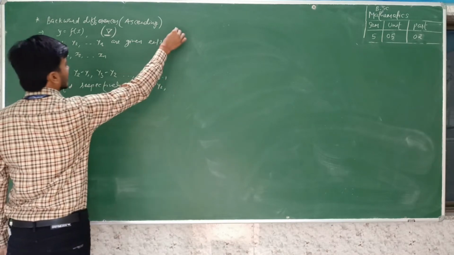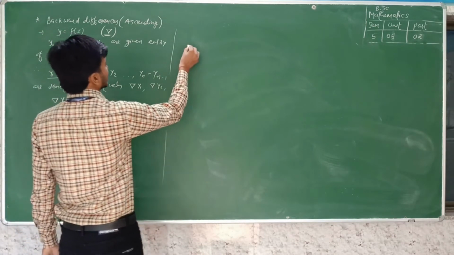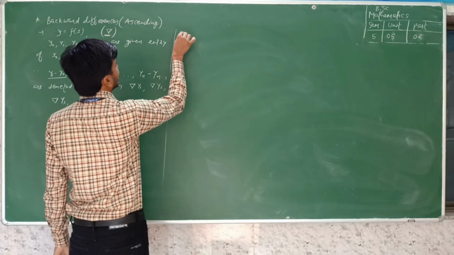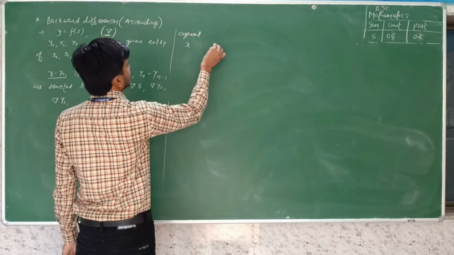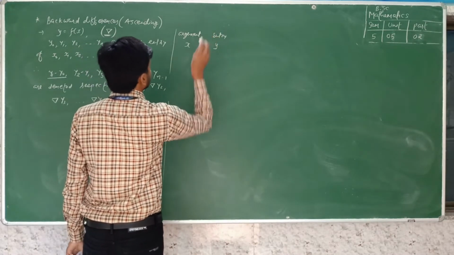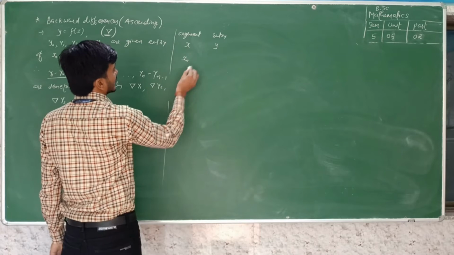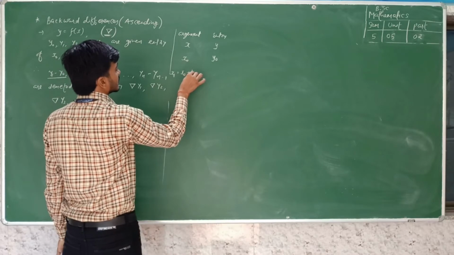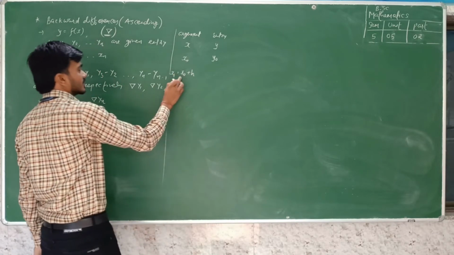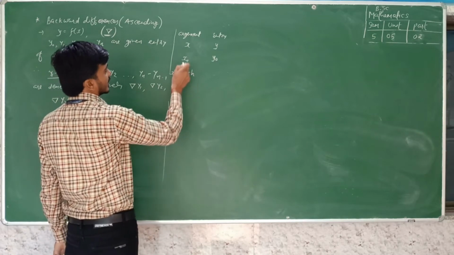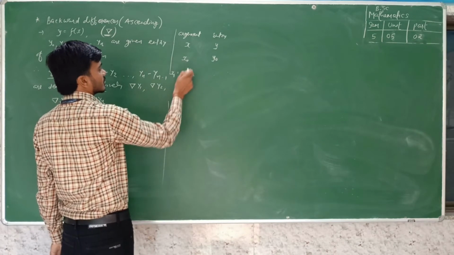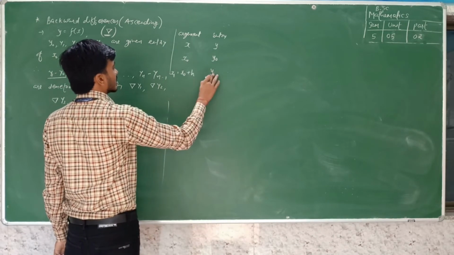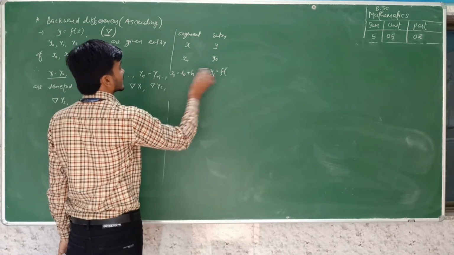We can construct the backward difference table for this function y is equal to f of x. X means argument, and y is the entry of this function. Suppose the first entry is x0, so we produce the output y0. Here x1 is x0 plus h, where h is the interval. Two consecutive terms differ by this common interval h. So we produce the output y1, which we can also write as f of x0 plus h.